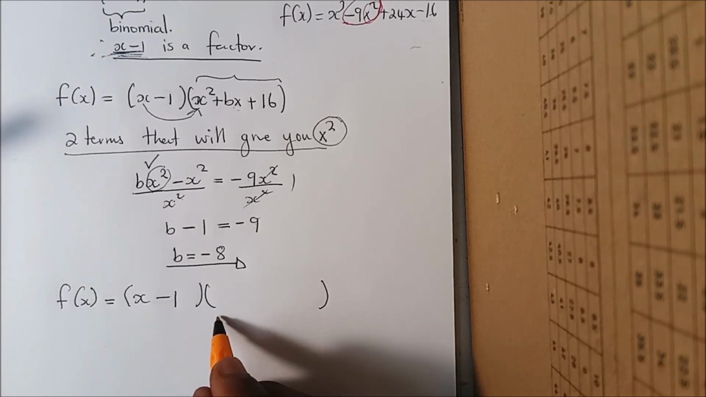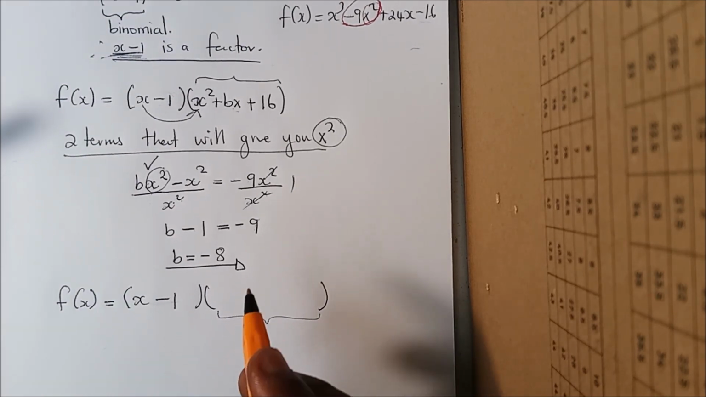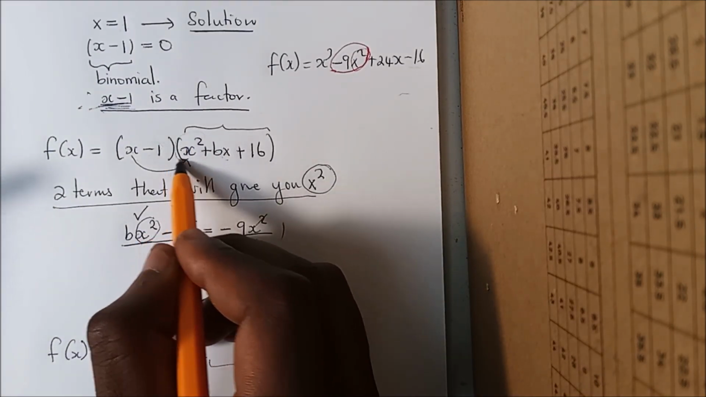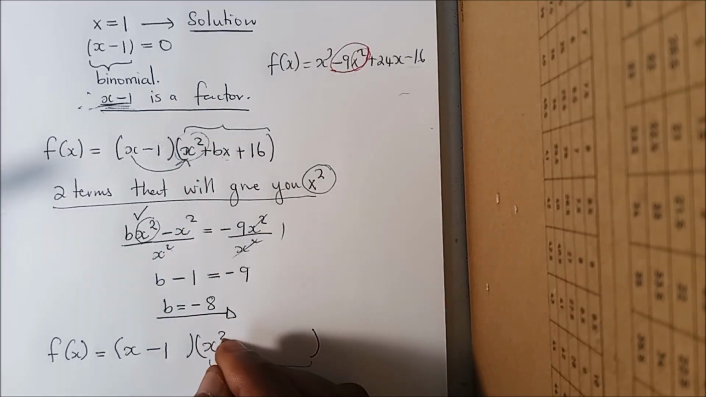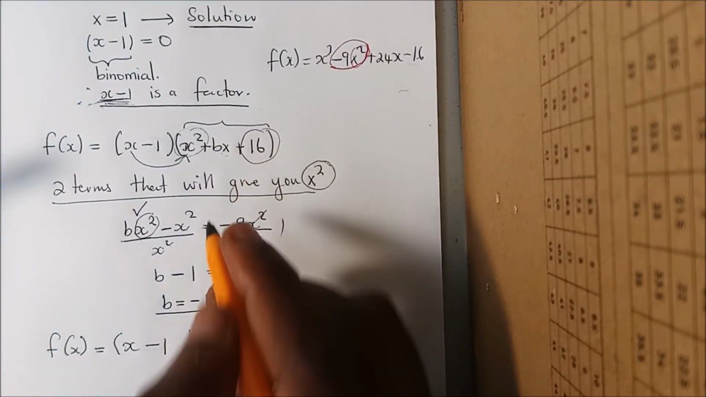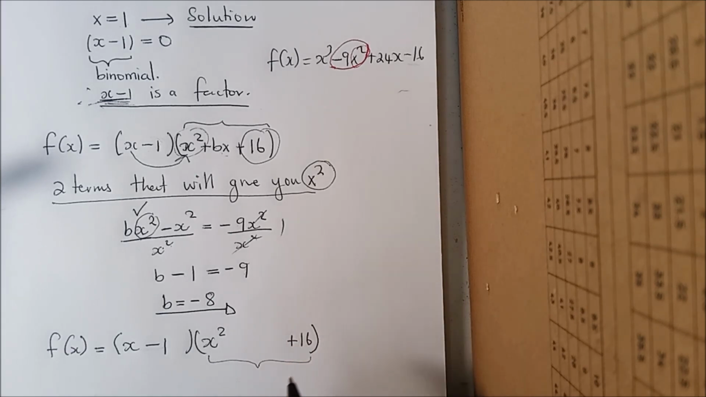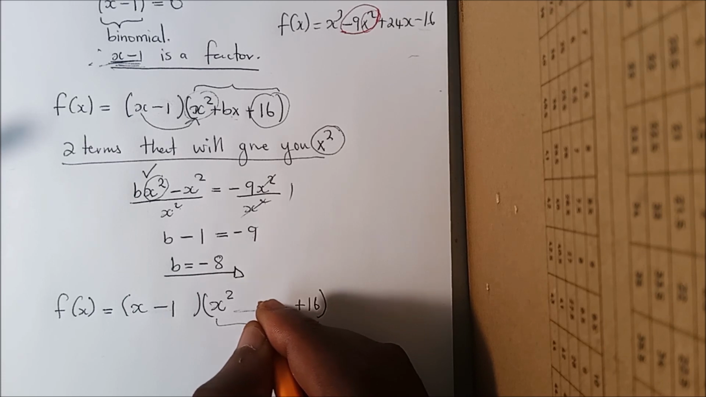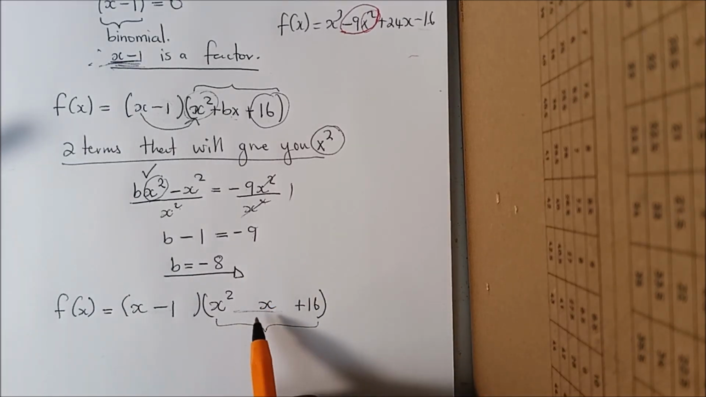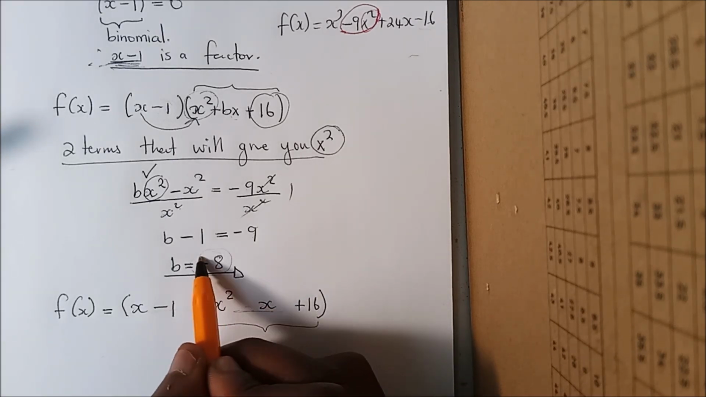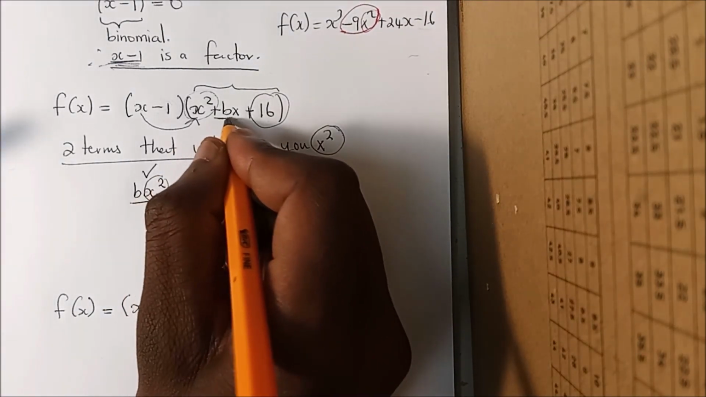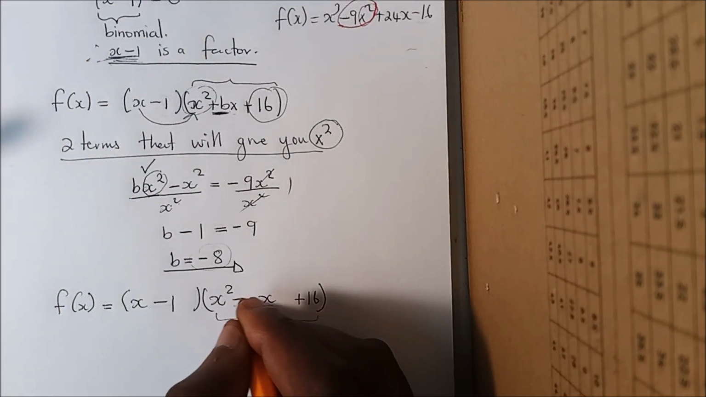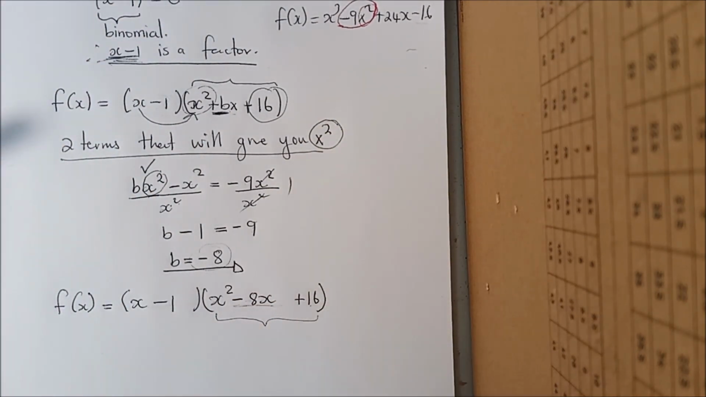And then what do we have in the trinomial part? Remember, we have x squared as the first term, and then we have 16 as the last term, so plus 16. Now what about the term in the middle? We know that it must have x, so there's our x. But what is the value of b? The value of b is negative 8, and there it is. So we'll have minus 8x plus 16. So now we have factorized